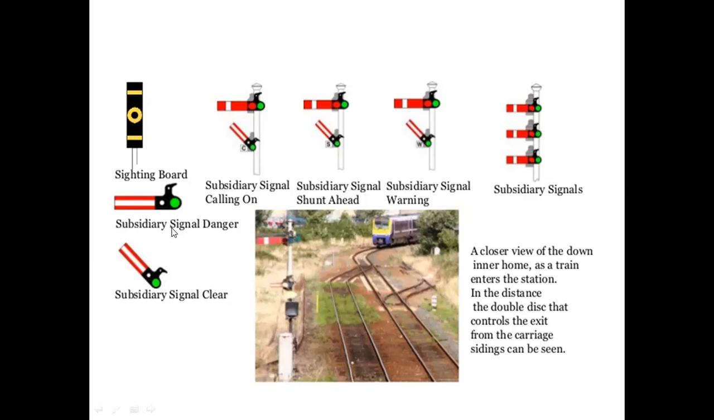if a subsidiary signal is on a horizontal plate, it indicates danger on the track and the locomotive has to be stopped. And if these subsidiary signals are in an inclined position, this indicates to the driver that the train must clear the track,